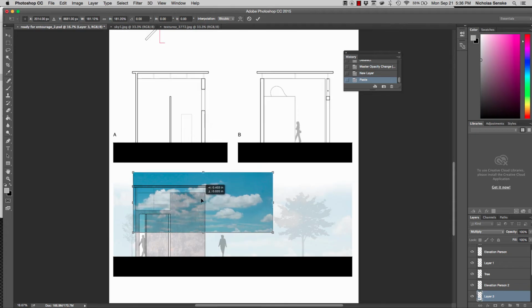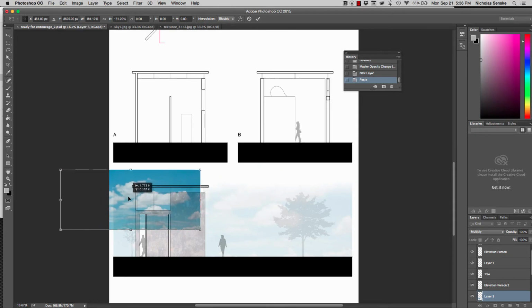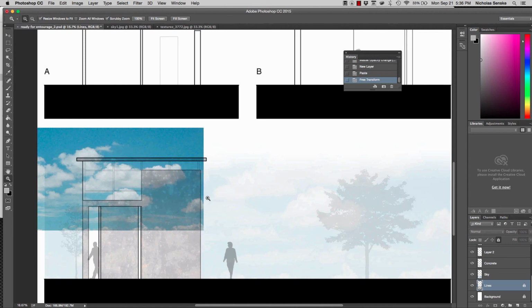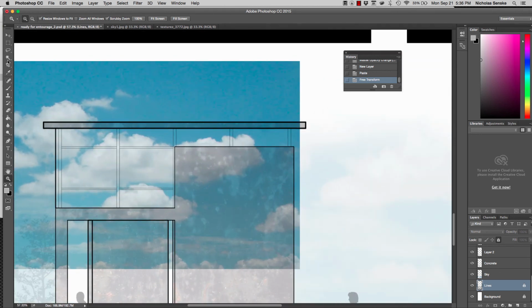And I want to get enough contrast so that it looks like there's enough glass. There you go. So there'll be some blue and there'll be some clouds, and that'll look like something. So go ahead and do that. And then as I've been doing, I can go into my lines layer again. Let's zoom in here and select the windows